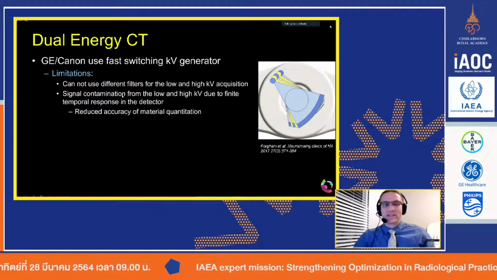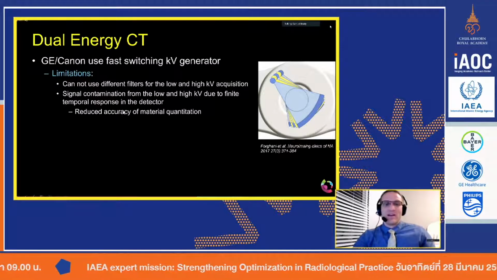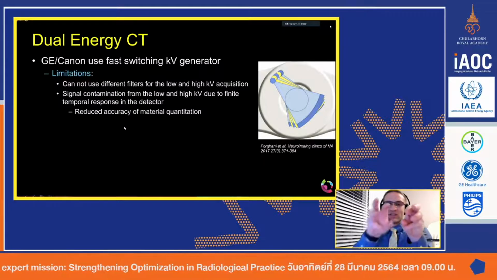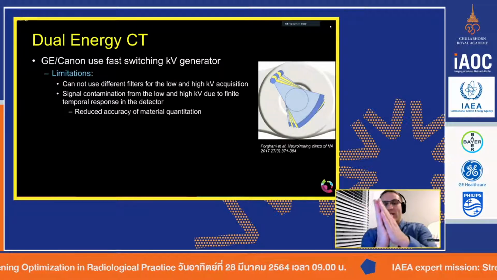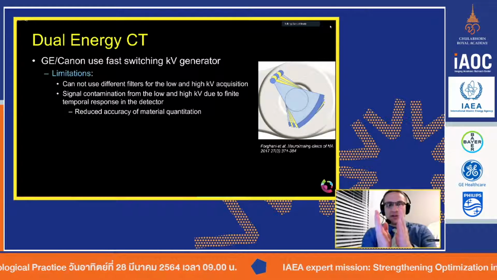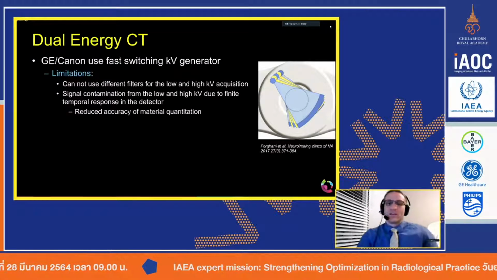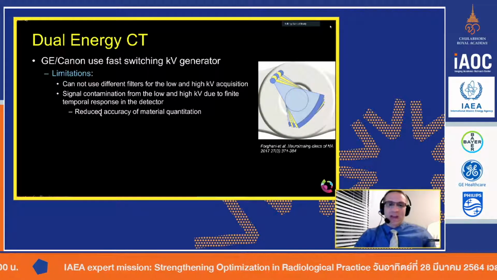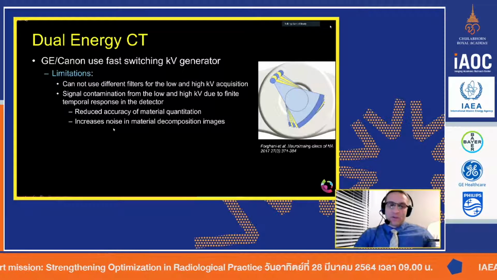And because it's not perfect, there's a little bit of contamination between the low and the high. Well, it reduces your accuracy of exactly determining the distinction between the two. If these two material types, say calcium and iodine, are very far separated, that's okay. Your accuracy is going to be pretty distinct. But the closer they are together, the more problem you'll have accurately identifying what the material is. And of course, there's going to be more noise issues